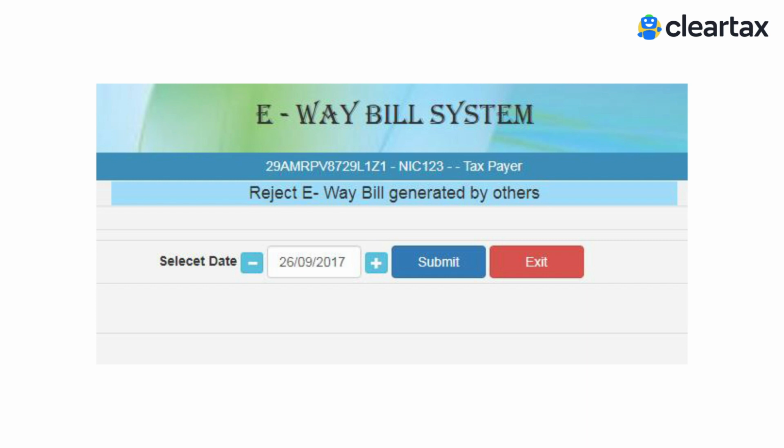It is to be noted that as a second party, one can communicate the acceptance or rejection of such consignment specified in the e-way bill. If the acceptance or rejection is not communicated within 72 hours from the time of generation of the e-way bill, it is deemed that he has accepted the details. So the point is that the opposite party can reject the e-way bill within 72 hours from the time of generation of the e-way bill.